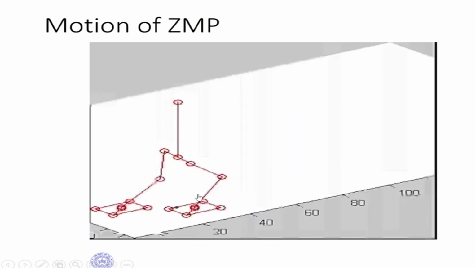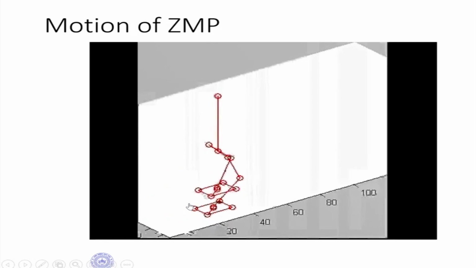So very briefly again, very quickly explaining that we know that there is a zero moment point, and for balance you need to maintain your zero moment point, right? This is a video which we had seen in the previous class, that when the robot is walking, the zero moment point should be on the foot perimeter, right?